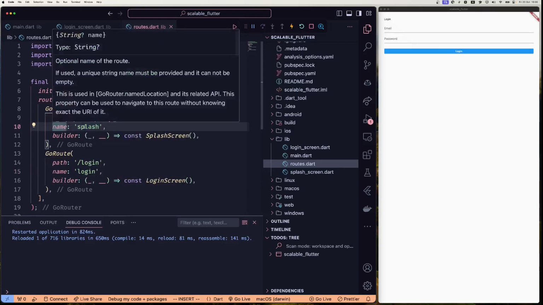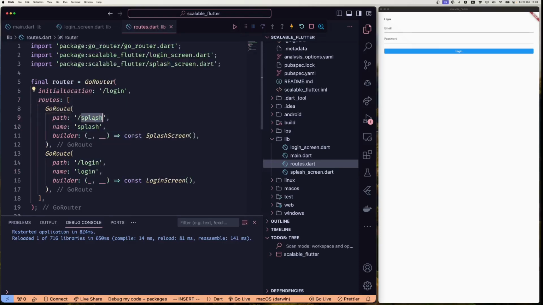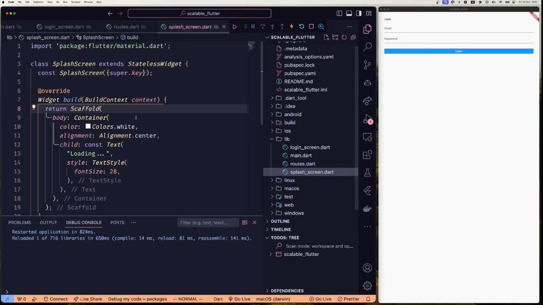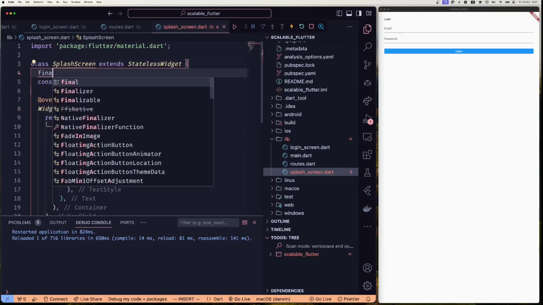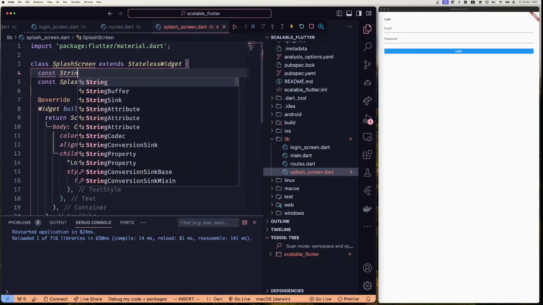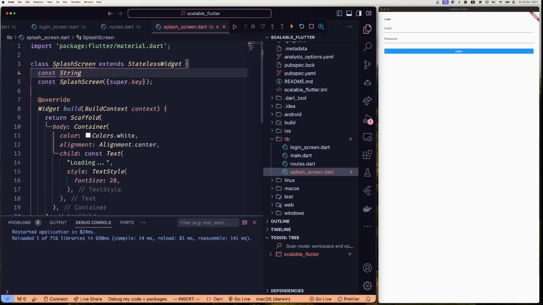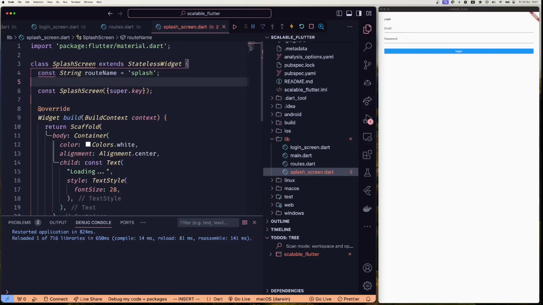However, right now if I want to change the path or name, it's messy. We have strings everywhere, and this is not a good way to handle things. So what can we do? First thing, let's add some constants here. Sorry, static const string route name, splash, static const string route location,